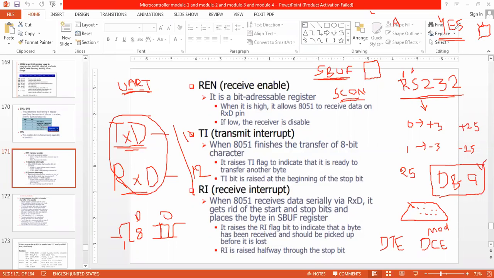First I will store Y into the SBUF register and transmit it.